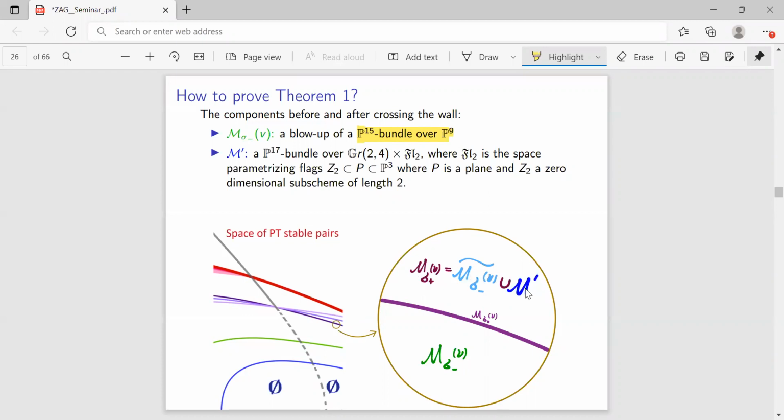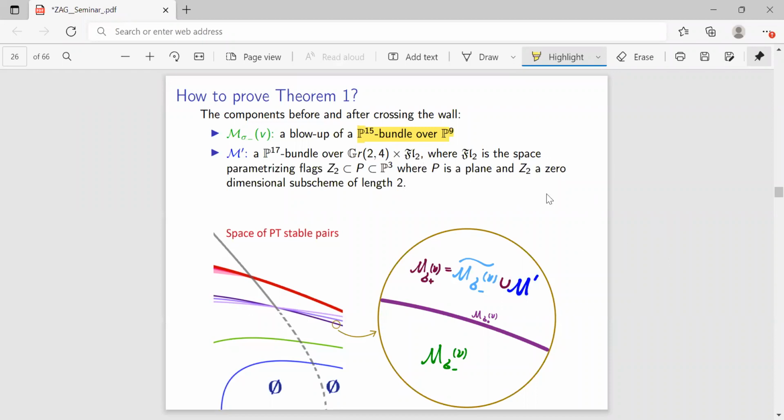Okay, and this new component in this chamber here is a P17 bundle over this Grassmannian cross FL2, where FL2 is the space that parameterizes flags Z2 inside P3. The P is a plane and Z2 is a zero-dimensional length 2 subscheme of this plane. Okay, so